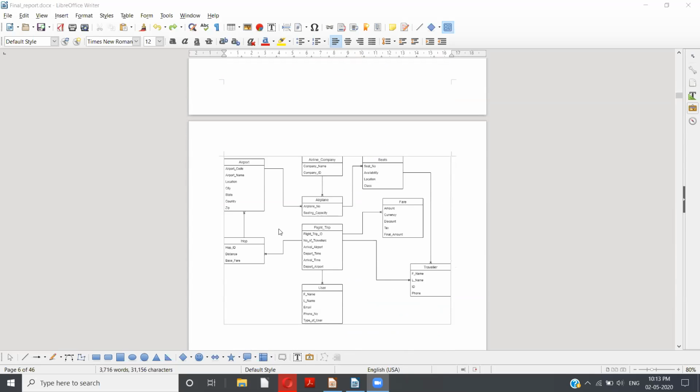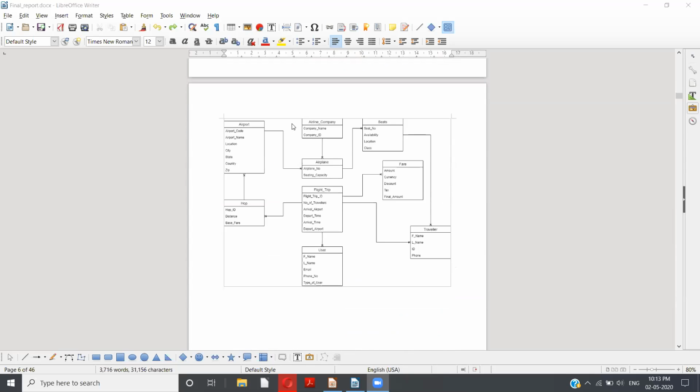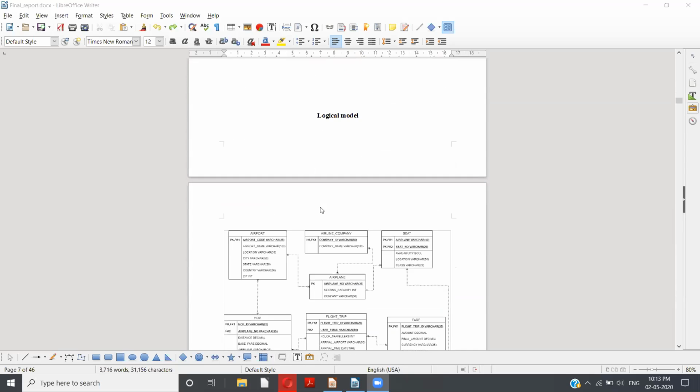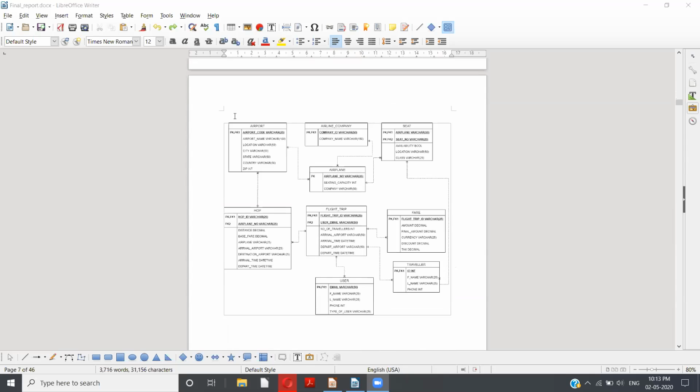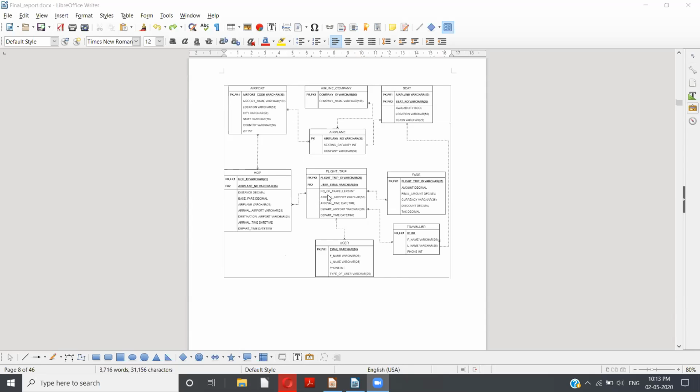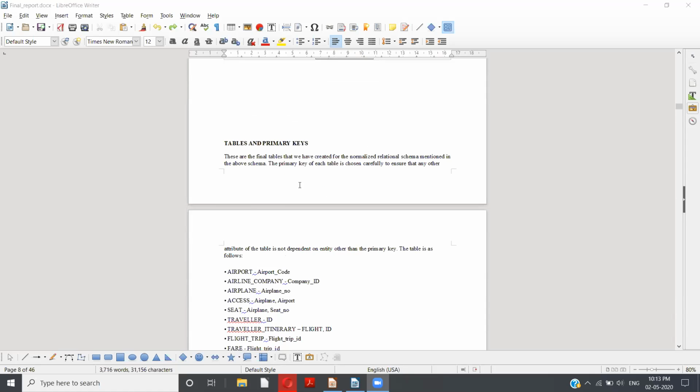Next, coming to the conceptual model, this shows the different tables that we have and their associated columns. In the logical model, we have the tables and the columns associated with each table along with the data type, and the primary key and the foreign key explain the relationships across these tables. Next, Avinash will continue.